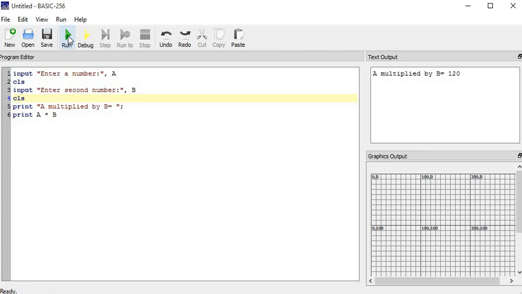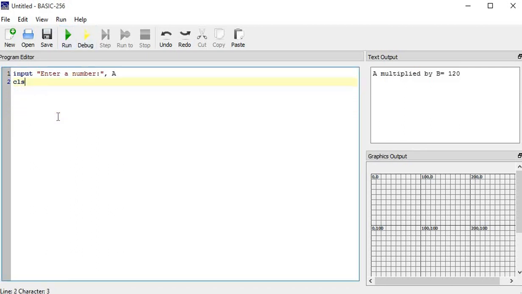So now you know what is the use of CLS, how to take input from the users, how to define a string variable, how to define a numeric variable. So now I will tell you about arithmetic operations that you can perform in BASIC 256. I will just clear this off. Two or more numeric variables can be added, subtracted, multiplied and divided using arithmetic operations. So you can divide, add, multiply, subtract in BASIC 256. First I will give you the example of how you can add two numbers.